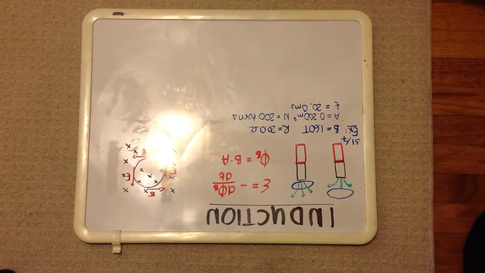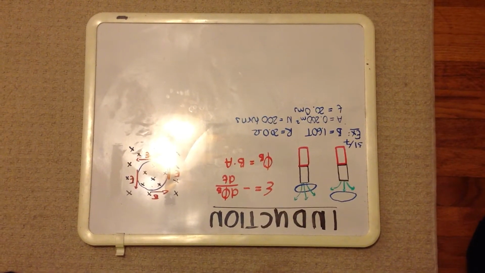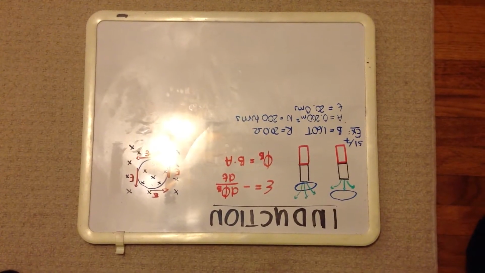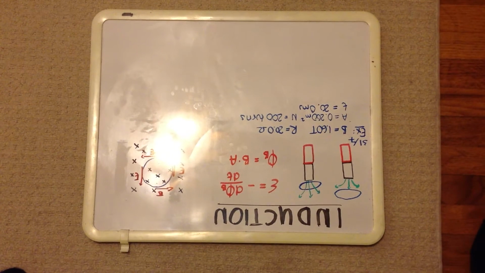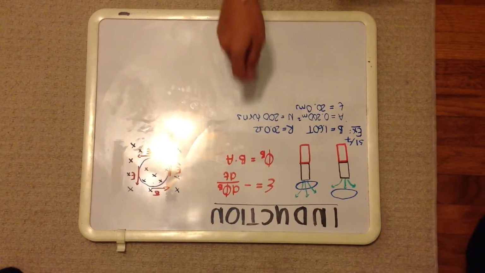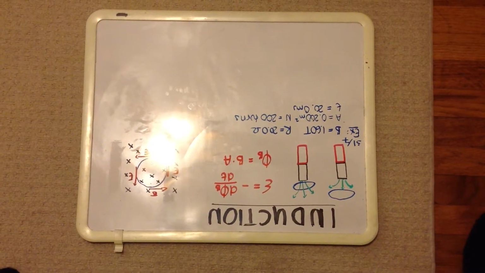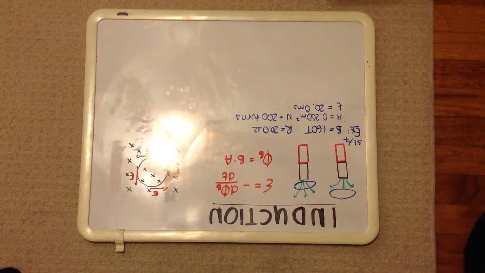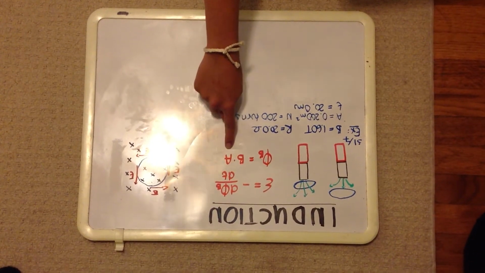This is stated in Lenz's law, and I'll talk about that later. Michael Faraday conducted many experiments, including induction, and came to the following rule called Faraday's law of induction. This is Faraday's law of induction, and it states that the EMF induced is equal to the negative change in magnetic flux over time. Magnetic flux is calculated as the magnetic field times the area.